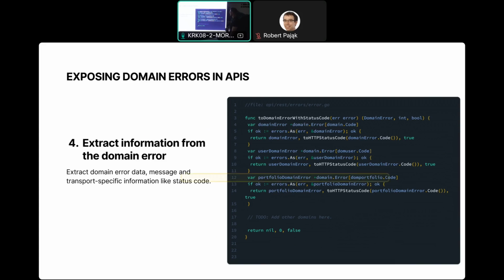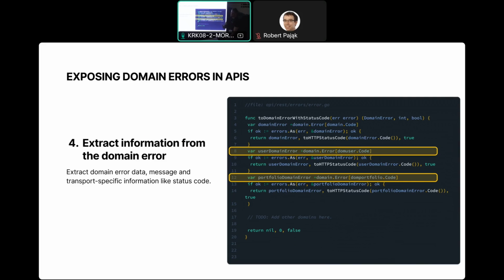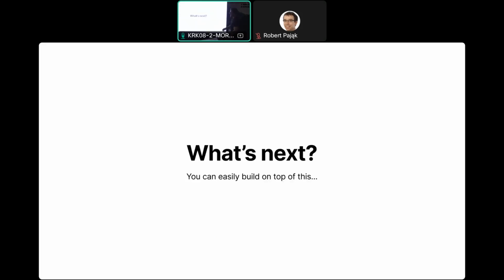You get portfolio errors right here, which use dom-portfolio.code. And you can actually distinguish different HTTP codes on the transport layer that happened in these domain functions, satisfying proper hexagonal pattern, and still having the separation of concerns. Domain does not know anything about the transport layer, but the transport layer is able to use the domain codes as it should. And you can easily build on top of this, right?